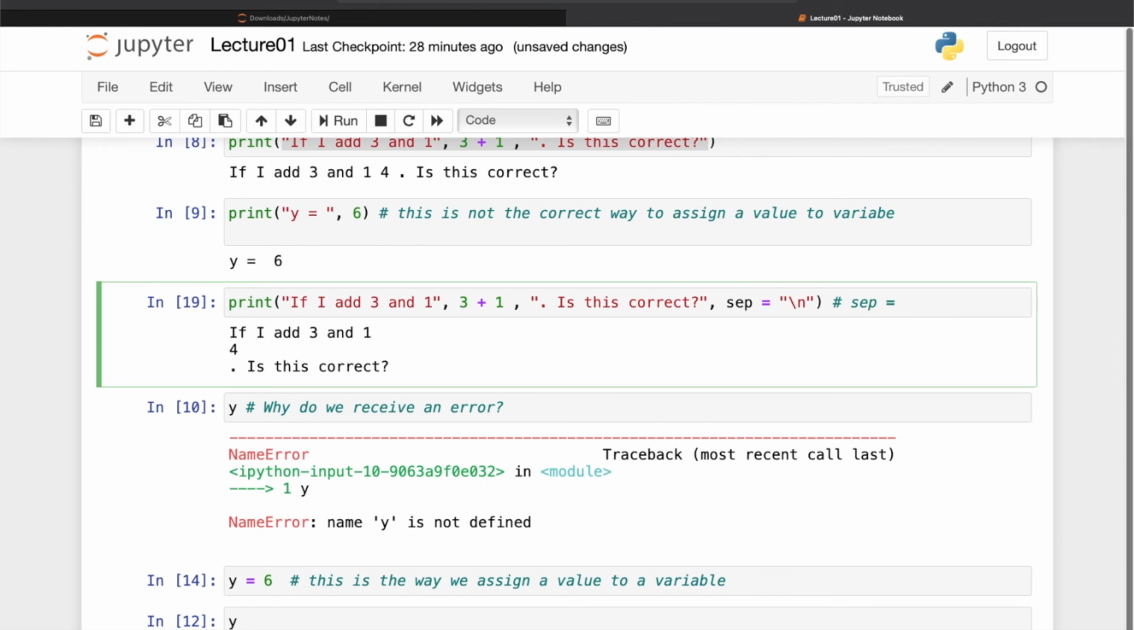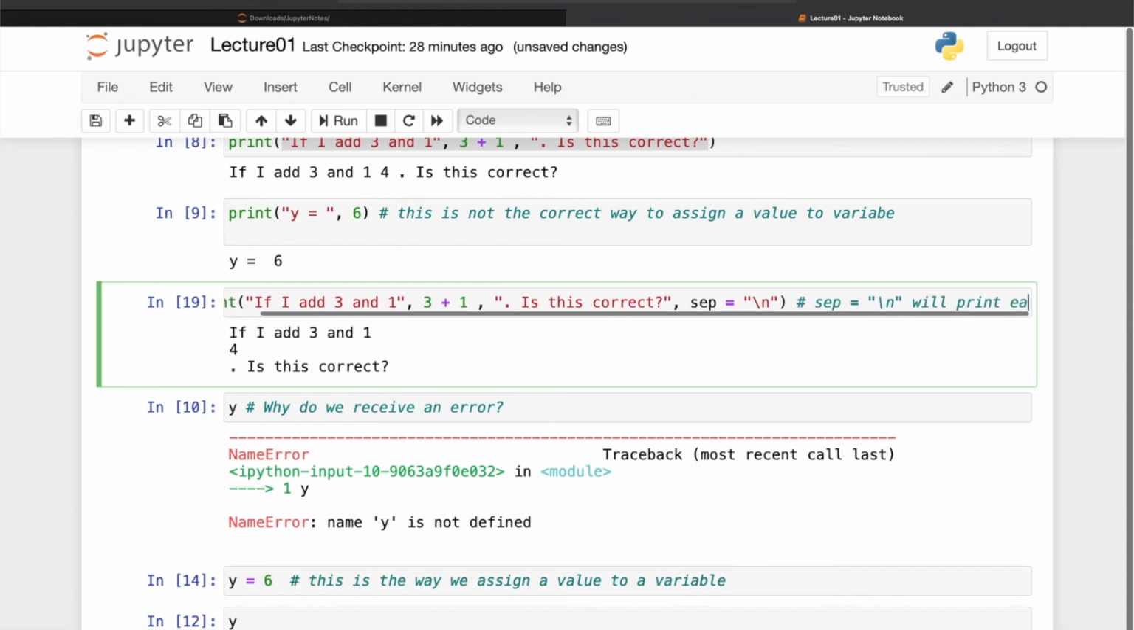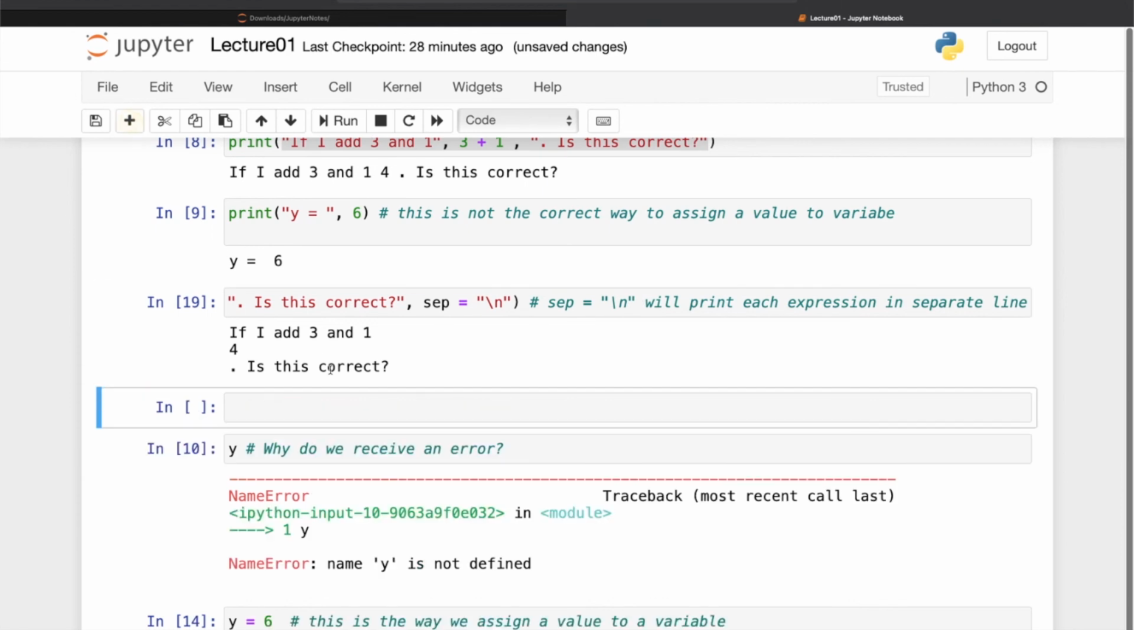SEP equal \n will print each expression in a separate line. Okay, so I want to add another one and see the effect of